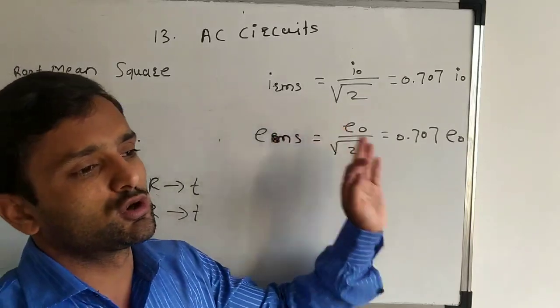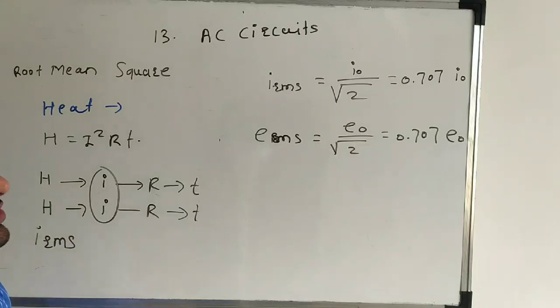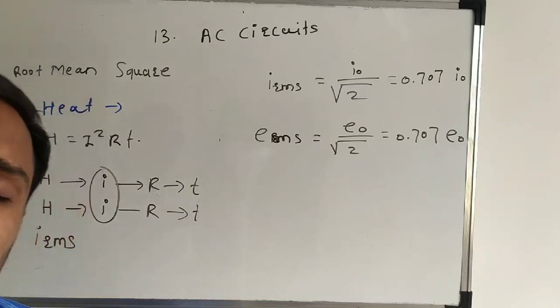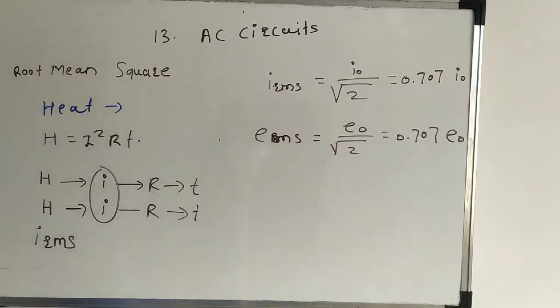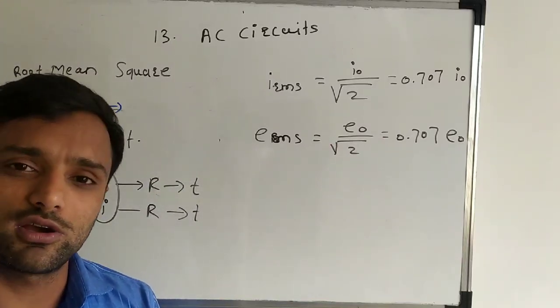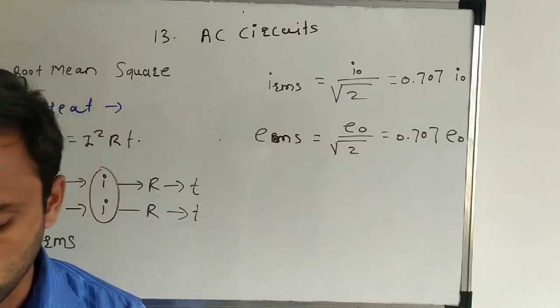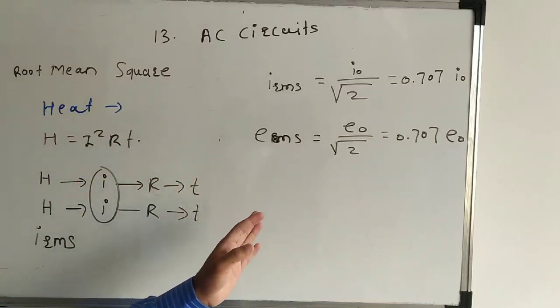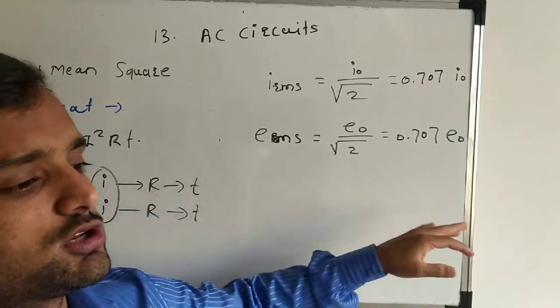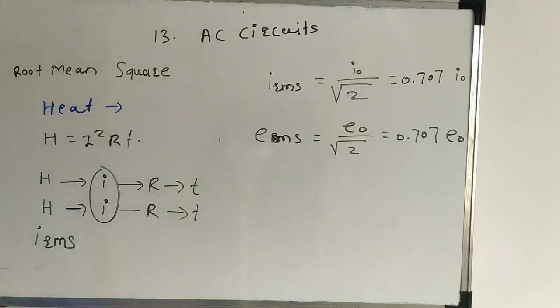To simplify the values of alternating current and EMF, we have to express these current and EMFs as rotating vectors. The angle between the rotating vectors is equal to the phase difference between EMF and current. These rotating vectors are called phasors. The rotating vector which represents the quantity which is changing with respect to time is called a phasor, and the diagram which shows the variation between EMF and current with respect to time is called a phasor diagram.